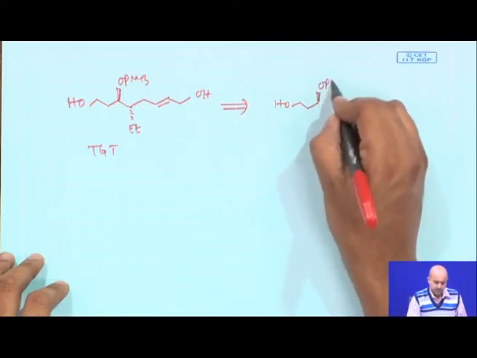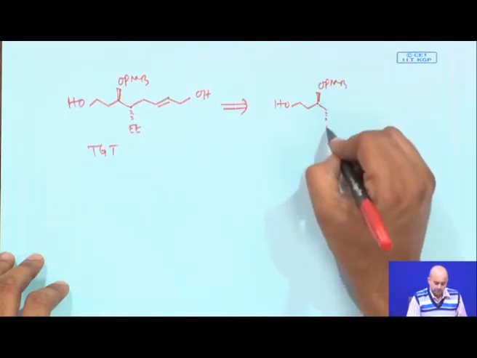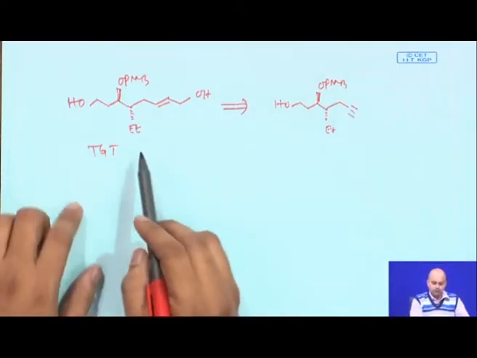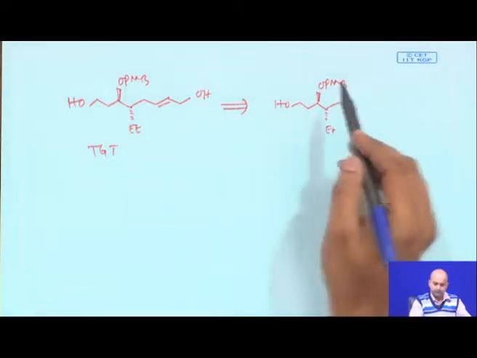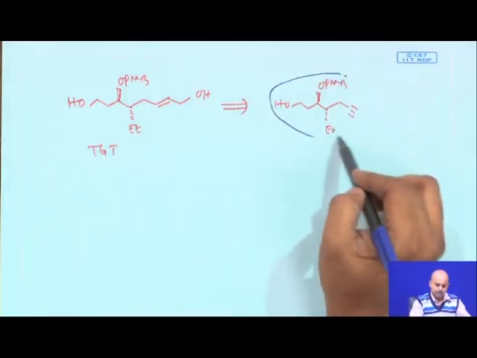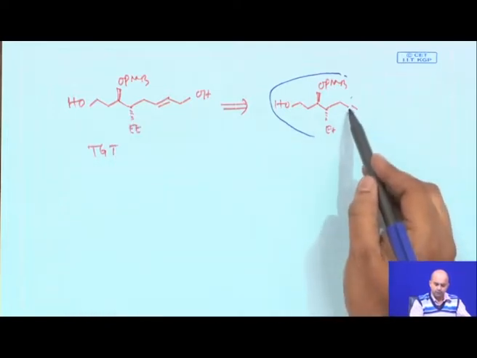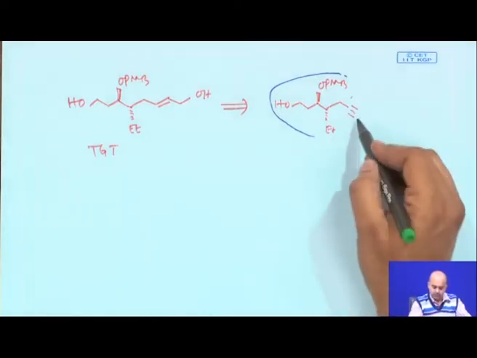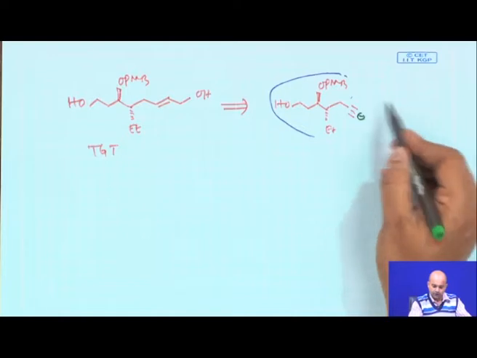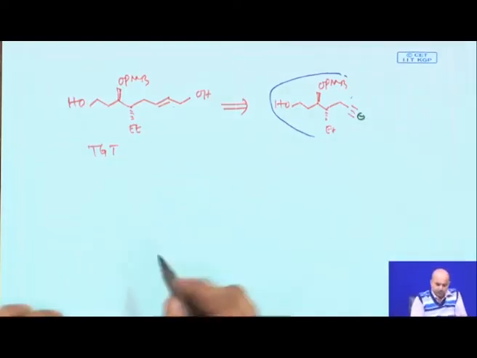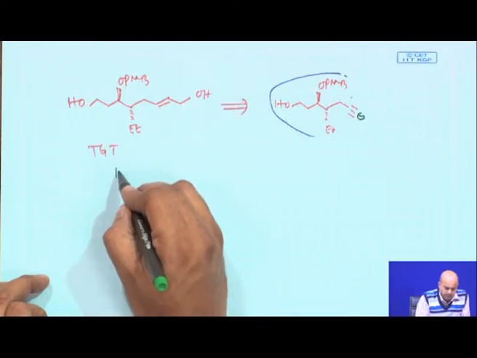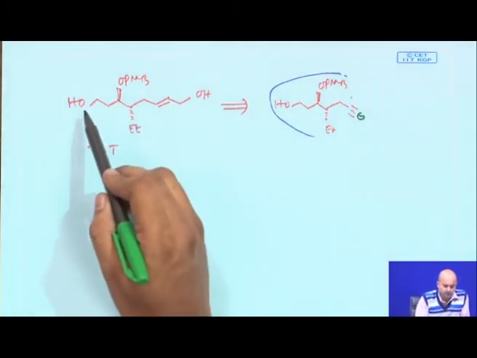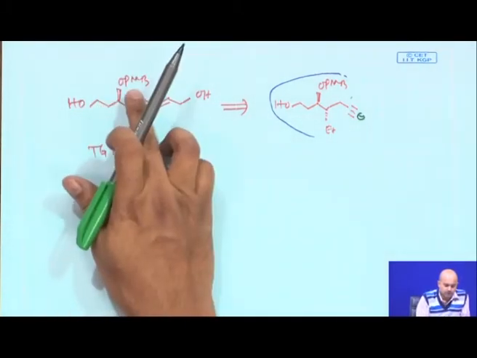is something like this, which was supplied to you, where this ethyl is there and you have a triple bond. If you now closely analyze, this part of this molecule exactly resembles this part. The only thing is you need a one carbon extension here, which you can do by simple chemistry. You can generate this anion here and treat with formaldehyde, then you can reduce this double bond. So now do the simple straightforward retro, and also you need to protect this hydroxy group as well as this hydroxy group.